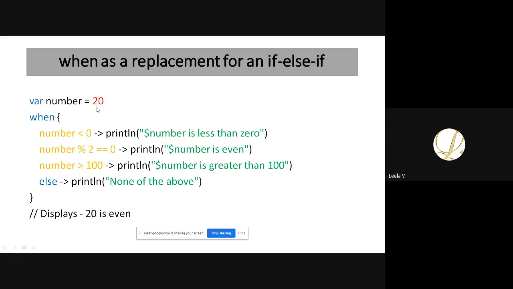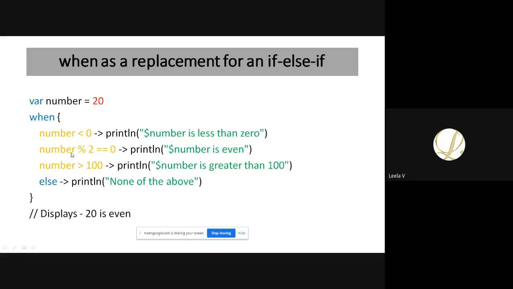Here I am assigning number equal to 20 and I am not passing any expression to this when. So these Boolean expressions will be evaluated for each statement, and whichever one is true, that block will be executed. Here number is less than 0, this condition is false, so I am not moving with this.